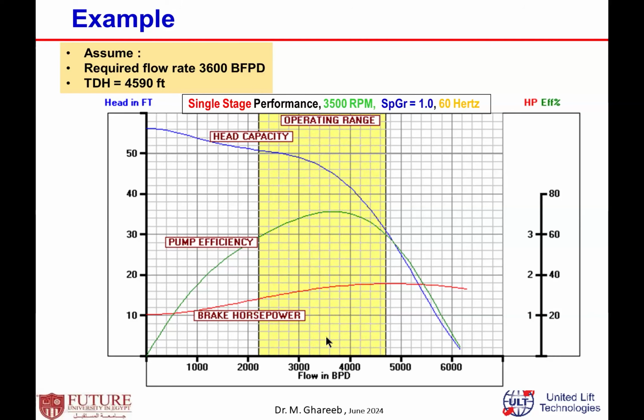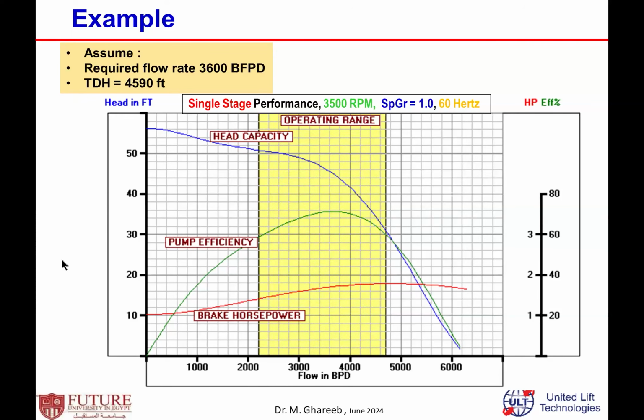If you go down from the peak efficiency, yes, this is 3,600 barrels per day, and you need to take into consideration whether it will be a constant flow, or with time this well is depleted. Are we working within the operating range for the life of the well, or just for a certain period of the well? Do I need to start at the best efficiency, or just try it within the operating range, to the right of the best efficiency, because in case the well starts to be depleted, I will still be in the operating range. However, based on that example,